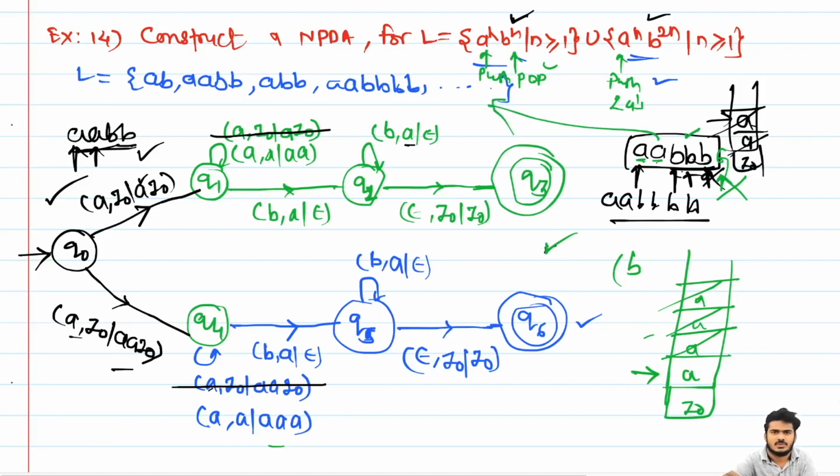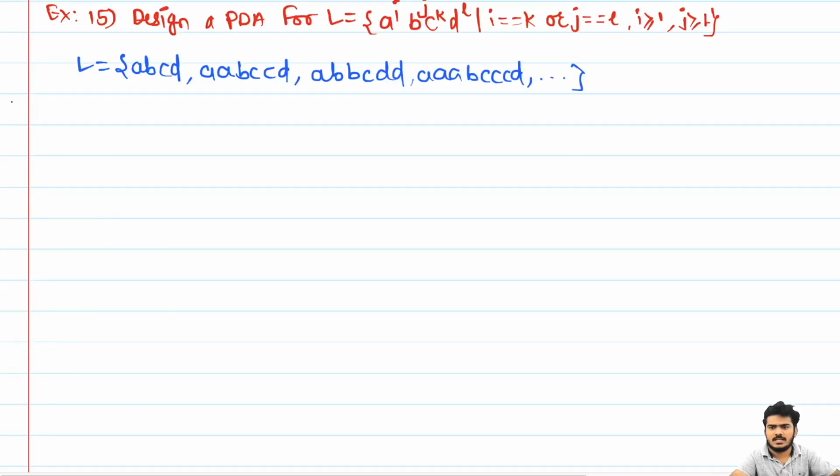Okay, so let's see another example. So this is the last example. For this example we will design a PDA. So the example is like this. The language is given: a raised to power i, b raised to power j, c raised to